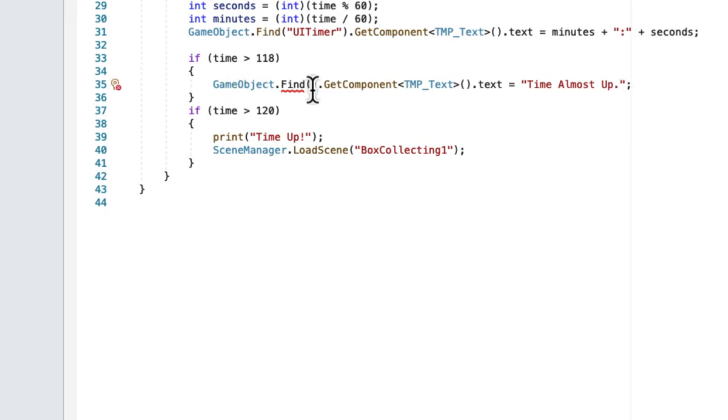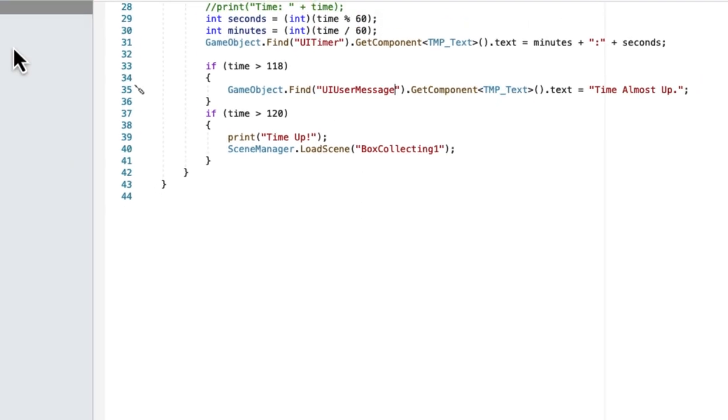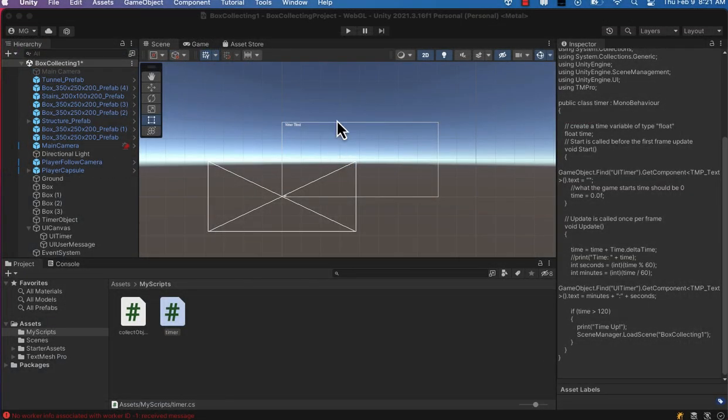And then here we need the name of our UI user message. Specifically accessing that text box object on the UI canvas that we put into the game. Then we're just going to save our script and go back and make sure everything's working fine